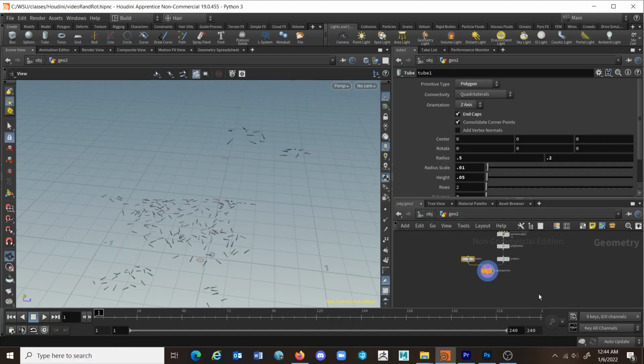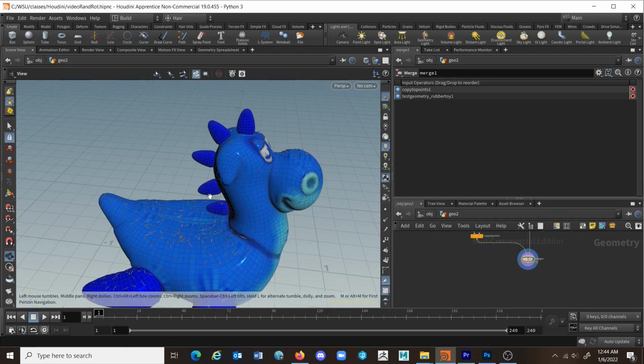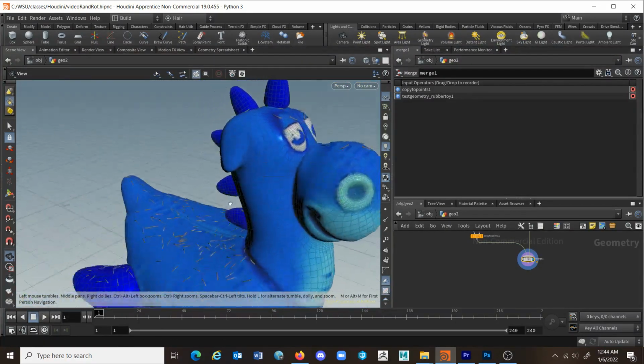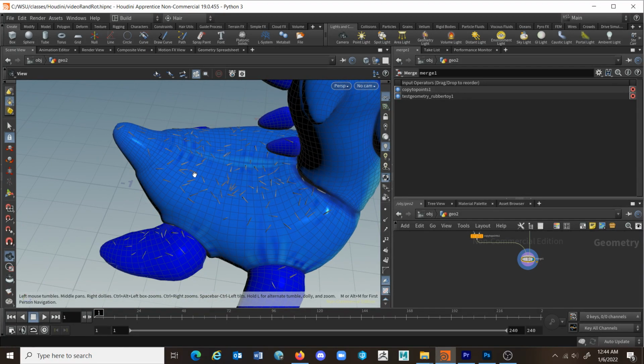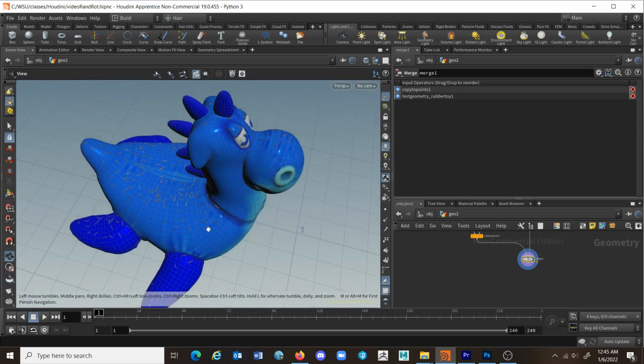Okay, so the other thing I want to do is merge all this. So I'm going to drop down a merge node, plug in the copy to points, and then plug in the original rubber toy. So now we can see we've got some scattered debris or rocks or something like that laying just on areas that would make sense. And if a piece was here, it would probably fall, right? Okay, so